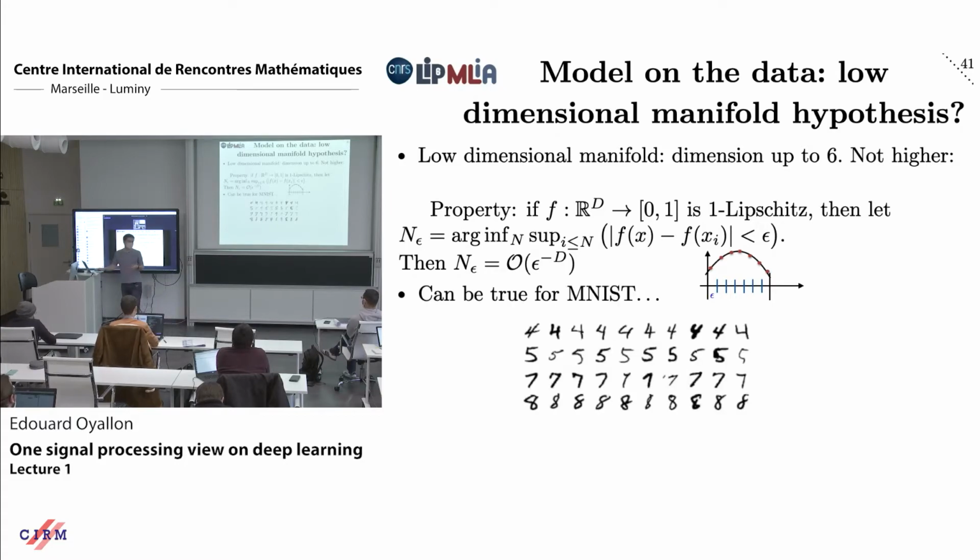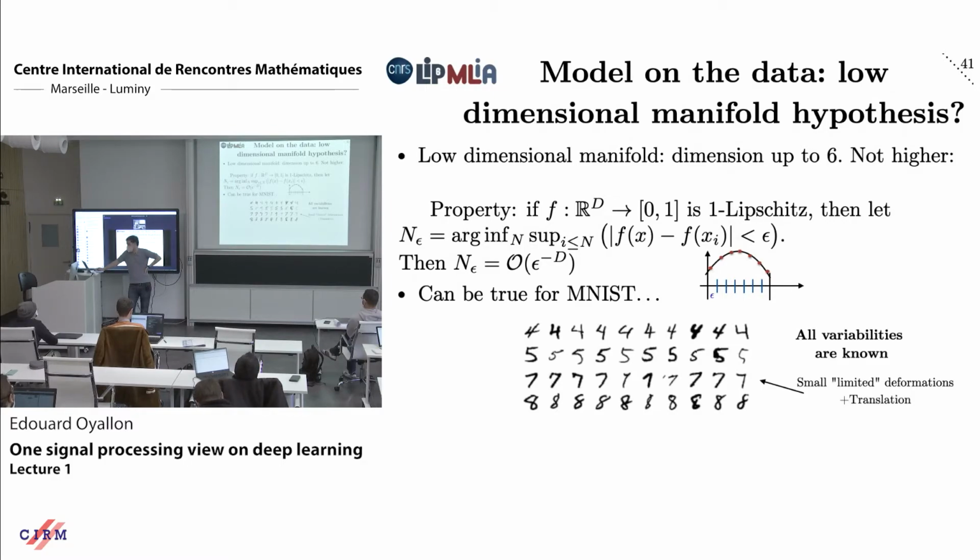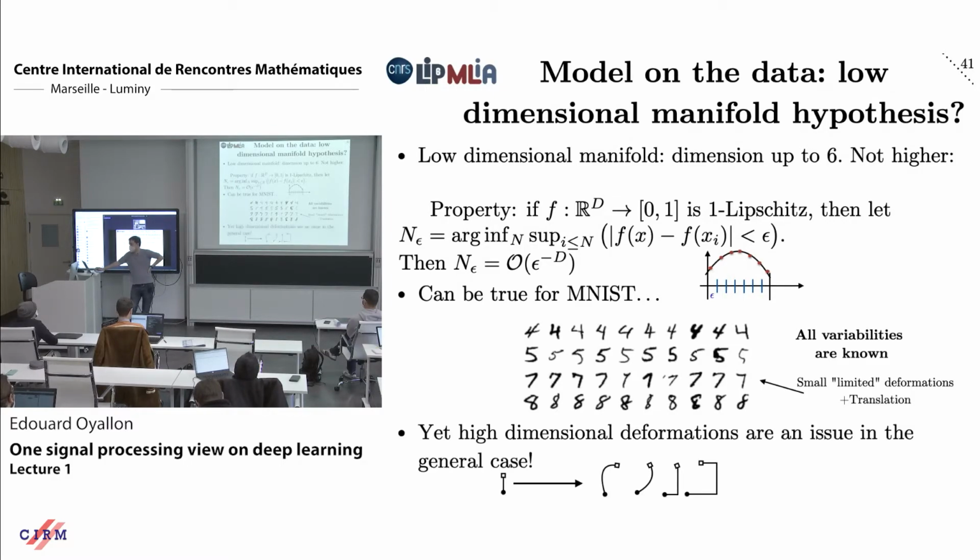And maybe this kind of idea, that my data is going to live on a low-dimensional manifold, would explain how you can build a regular representation, because then the representation will inherit the regularity of the manifold of the data. This can be true maybe for data sets like MNIST, which are super small. And actually, if you try to solve those data sets with some kernel method, it's going to work, which implies that the Euclidean metric is meaningful, and thus the data set is low-dimensional. But this is not the case